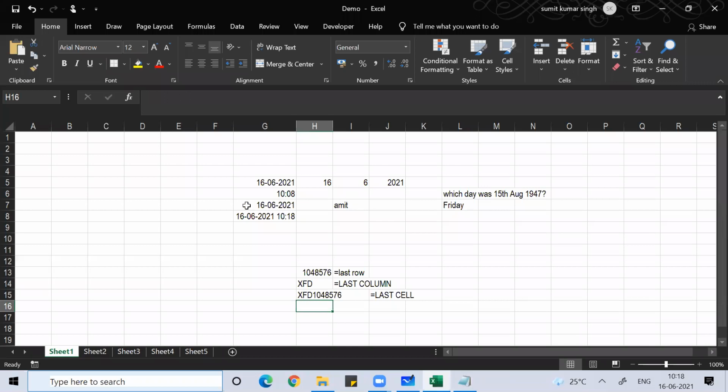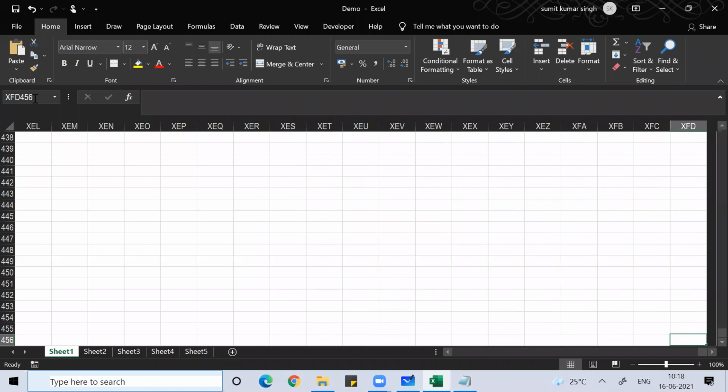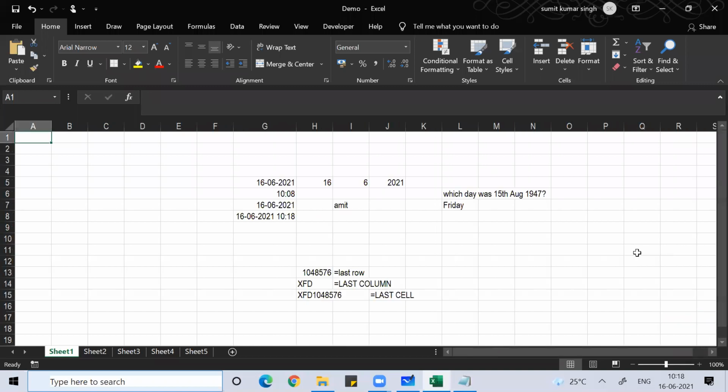Or you can simply do it from the name box. To go to any cell, like XFD456, you can press Control G, Go To, and reach that cell. If you want to come back, press Control Home and you reach the first cell.